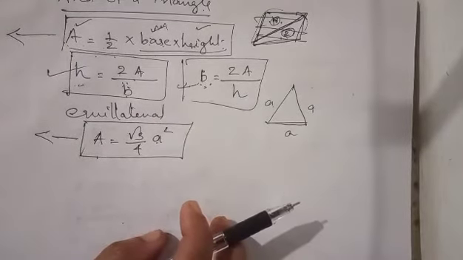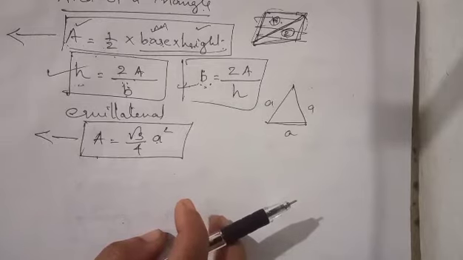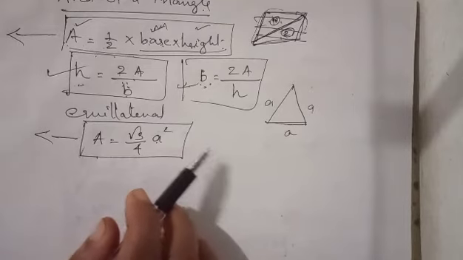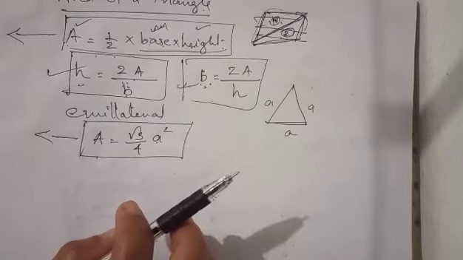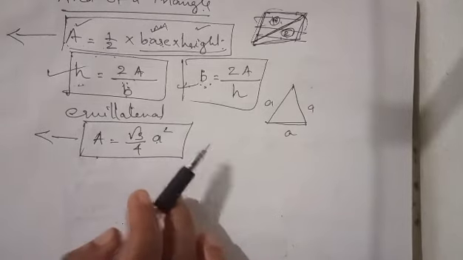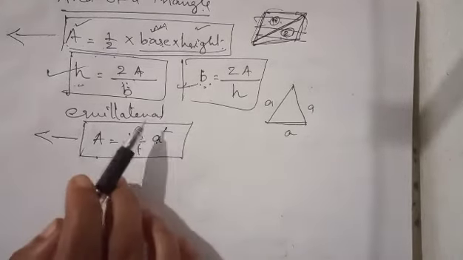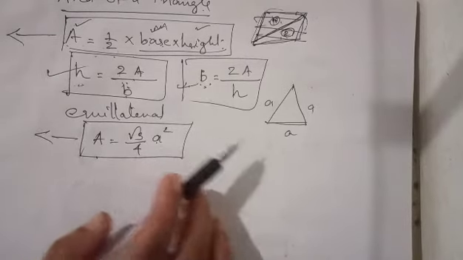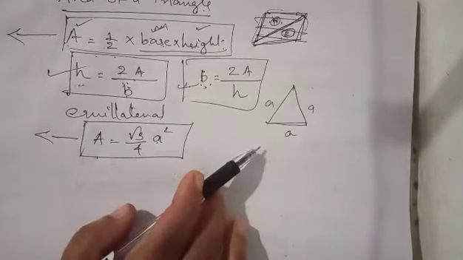Find the area of a triangle. Find the area in square meters of a triangle whose base and altitude are given. Base and altitude are given: half into base into altitude. Whenever you are multiplying like this, you have to check the measures, that means units. If one, the base, is in centimeters and the altitude in meters, you have to convert both of them to the same unit. Okay.